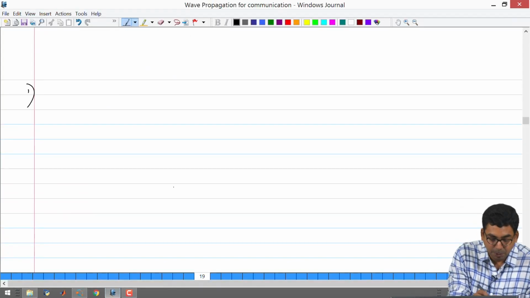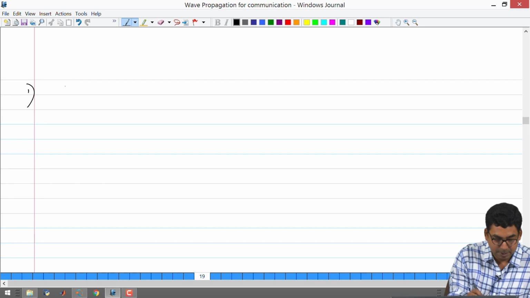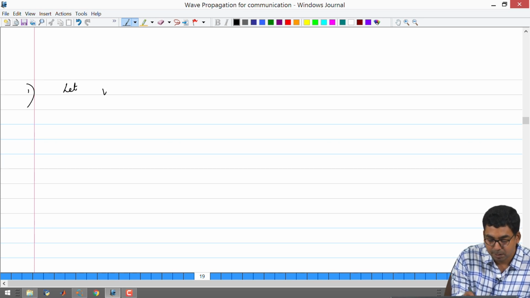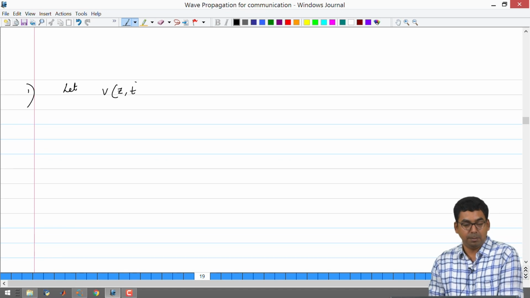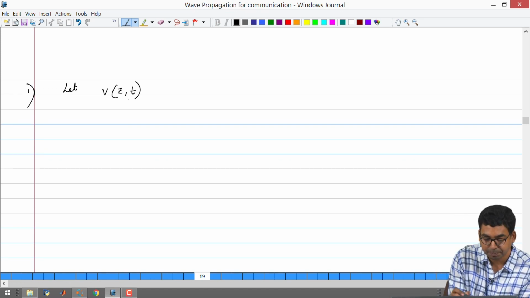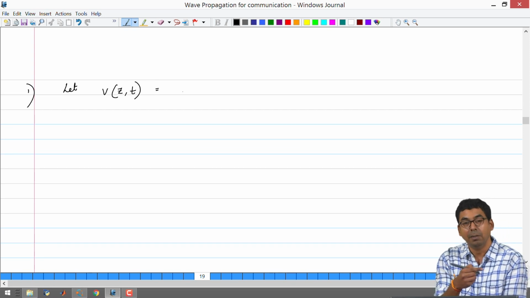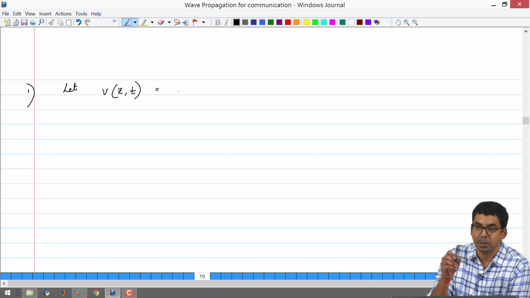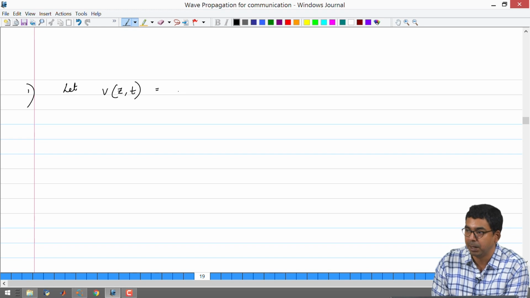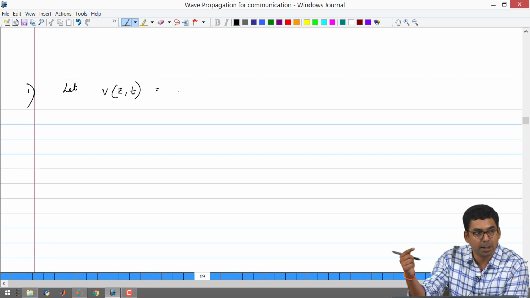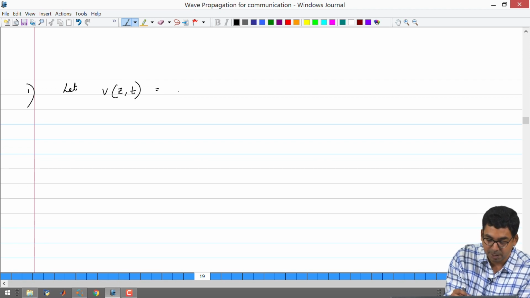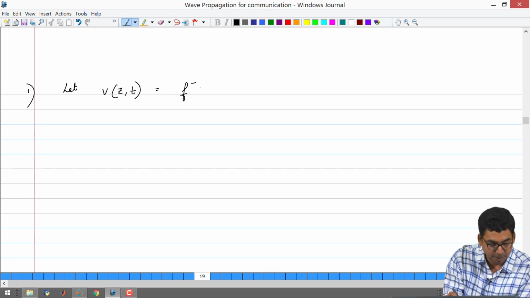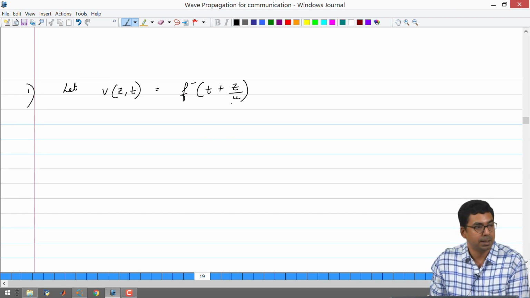In this case, the voltage, which was a function of position and time, was traveling backwards. If we consider the forward axis to be going from left to right, just because of the way we position the source, which was very unnatural for a practical experiment, but in simulation you could always do it, you saw the voltage wave going in the opposite direction. So, this means that you can call this a backward wave of the form f minus of t plus z by u.